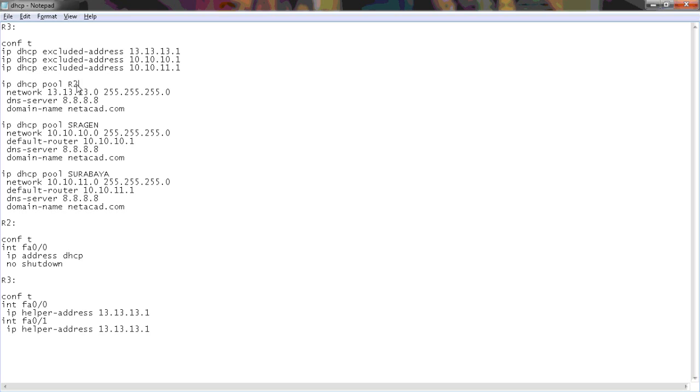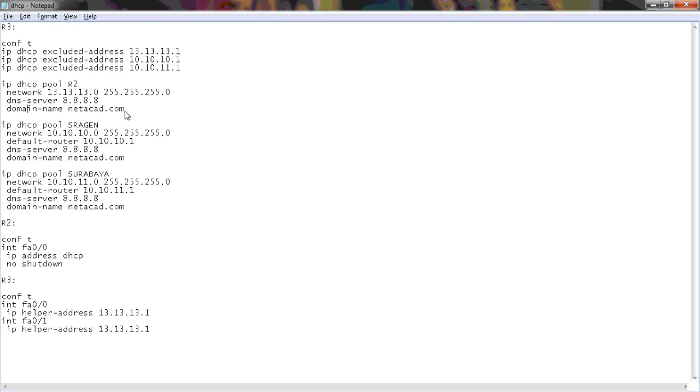This is the pool name R2, this is the network and subnet mask of the pool, and this is the DNS server and domain name. This is actually optional, so we can use maybe the DNS server 8.8.8.8, the Google DNS server, and the domain name maybe netacad.com.